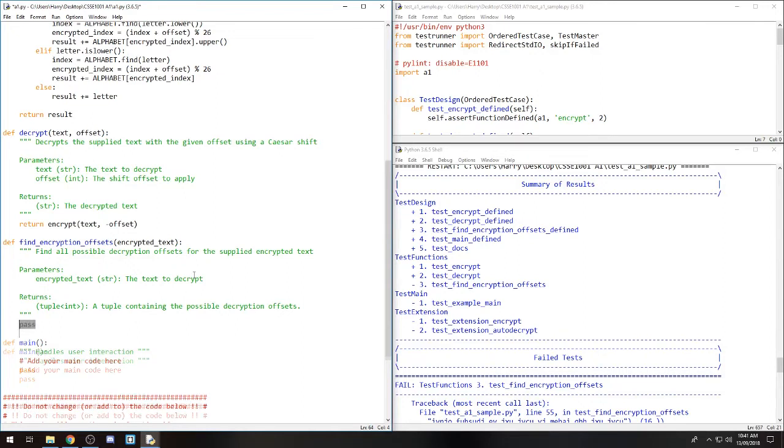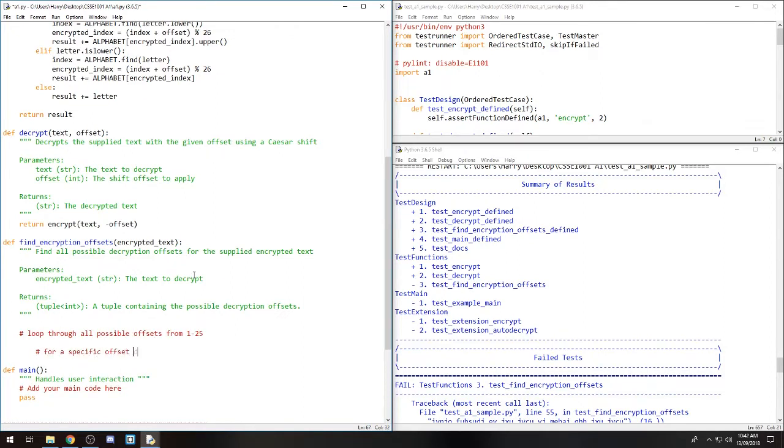So I want to, okay, so after we've decrypted the encrypted text for a specific offset, we want to check that each individual word is English using that function in the support code, right? So we need to have some sort of way that we're going to split this big string up into individual words. And we're going to do that with the split method, which I'll showcase next. But what I'm trying to do now, again, is just scaffolding. So next,